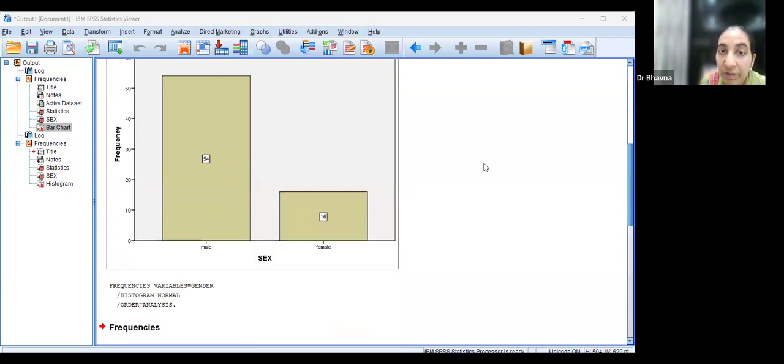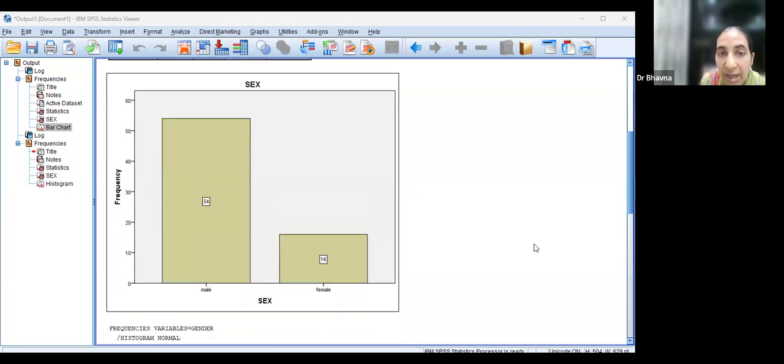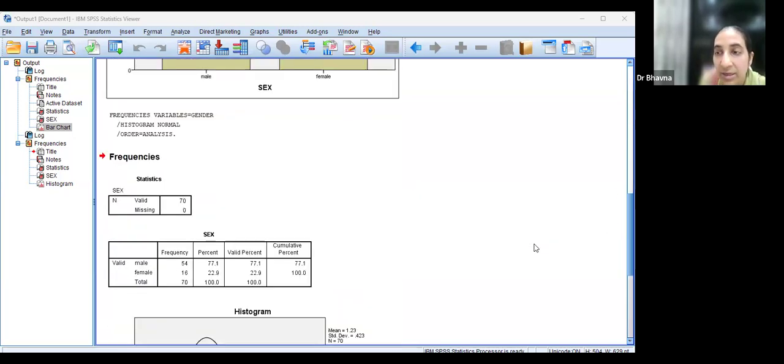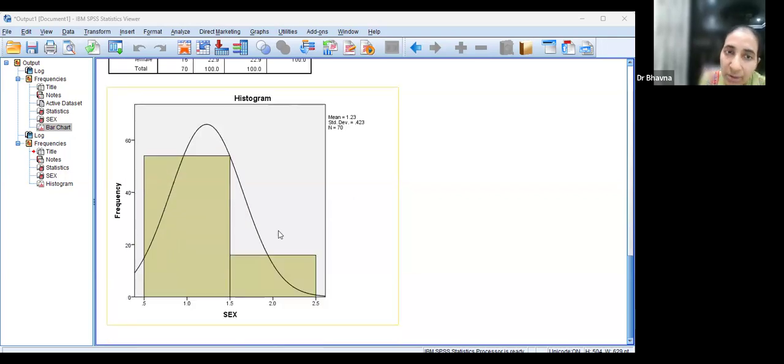It gave you a bar chart with data labels that there are 54 males and 16 females. But since we were not sure what kind of data male, female is, it is only numbers. This is qualitative data. If our concepts are not clear that this is qualitative data, we might by mistake click on histogram and it gives you a histogram nevertheless. But then what is wrong? This histogram is not to be drawn here. Why? Because a histogram is to be drawn for continuous data, quantitative data, which can be broken down into decimals. So this is a wrong diagram.